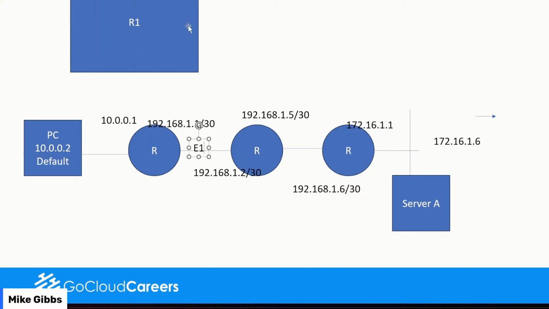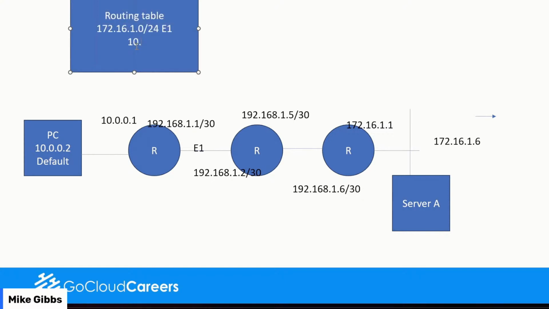It's going to have these in its routing table. So it's going to say, to reach 172.16.1.0/24, use port E1, meaning send it out this link.